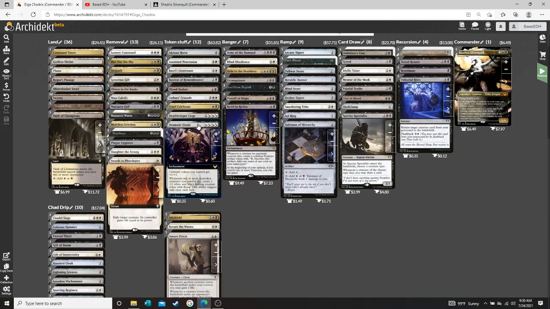A great, great card. Dramatic Finale. For 4 hybrid Orzhov, so 4 of whatever combo white and black you want to do, you get an Anthem. Creatures you control get +1, and whenever 1 or more tokens...